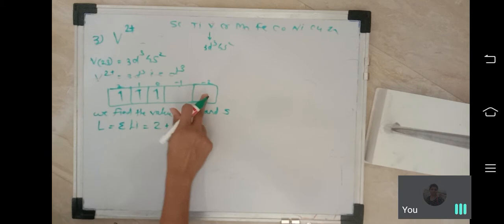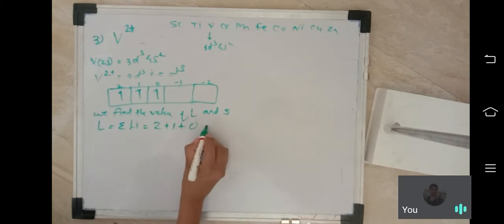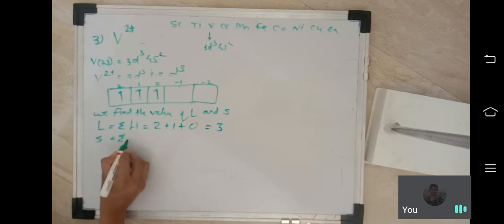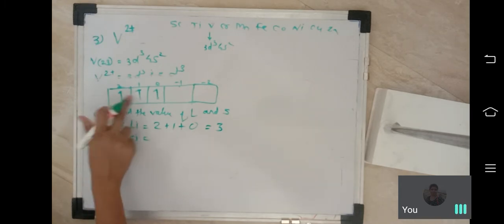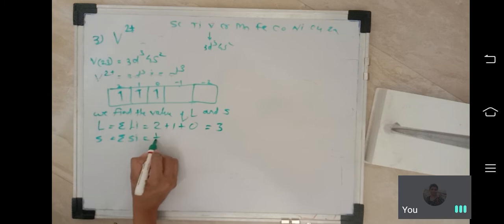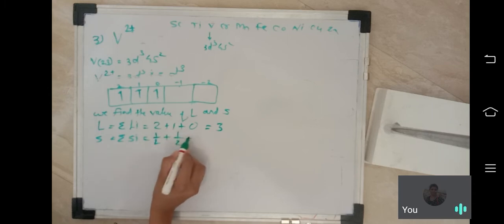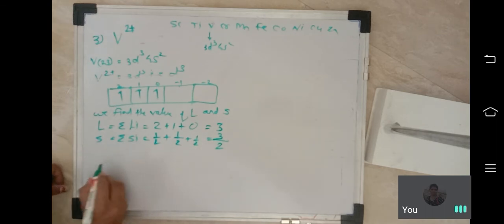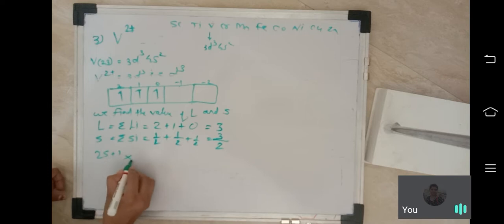Here no electrons are present in the others, so you don't take them. So the value is 3. Then S means the summation of si. Here 3 electrons are unpaired, plus half plus half plus half, so the value is 3 by 2. What is the formula to find the ground state term? 2S plus 1 times